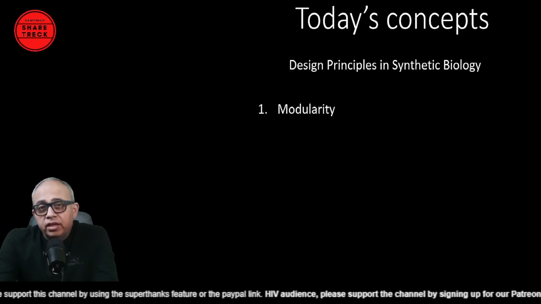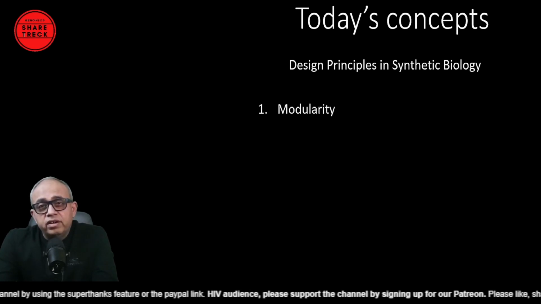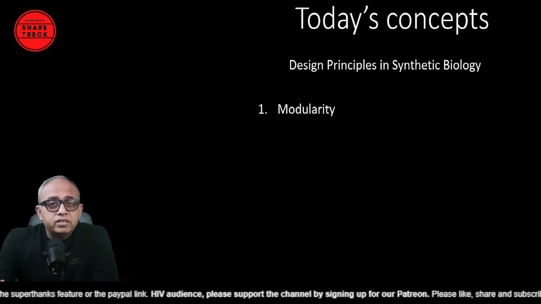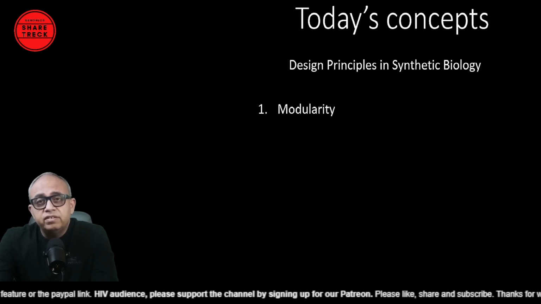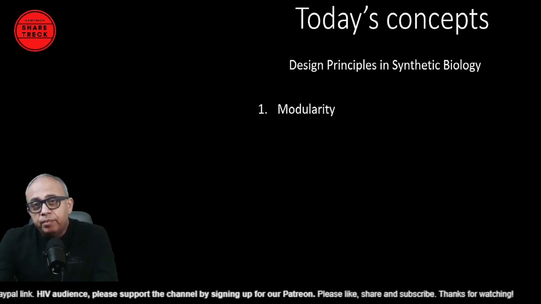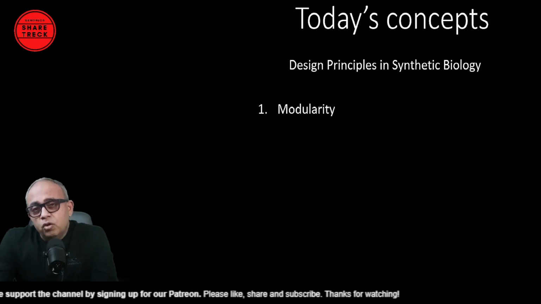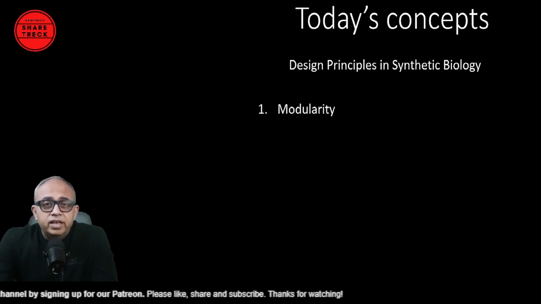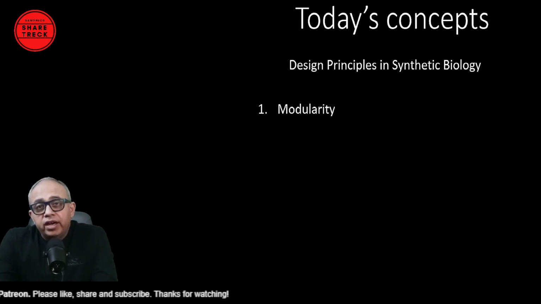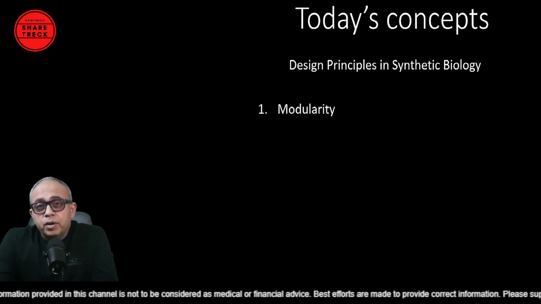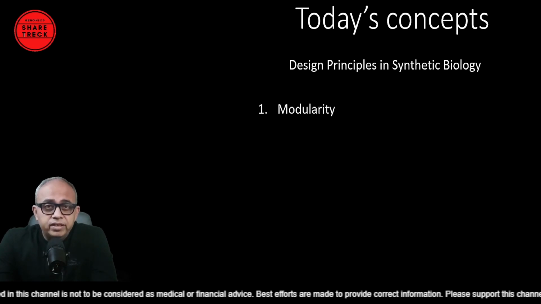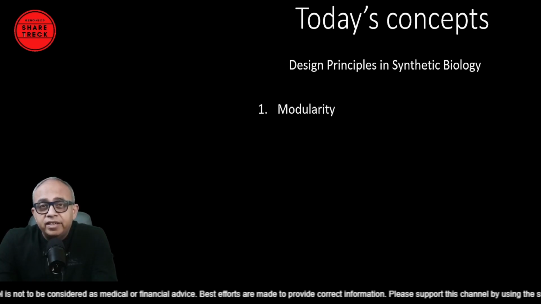This approach is similar to the way electronic circuits are designed, with individual components such as resistors, capacitors, and transistors doing different functions, but they are combined together in different configurations to create a wide range of circuits with different functions. In synthetic biology, modular design is typically achieved through the use of standardized genetic parts such as promoters, coding sequences, and terminators. These parts are designed to be interchangeable and easily combined, allowing synthetic biologists to create genetic